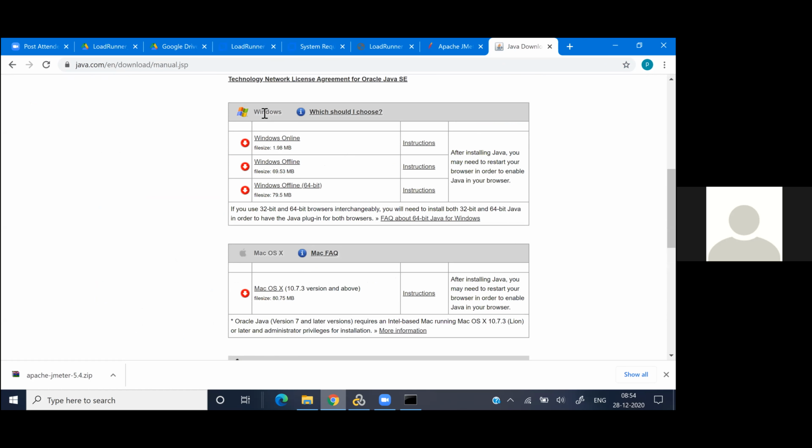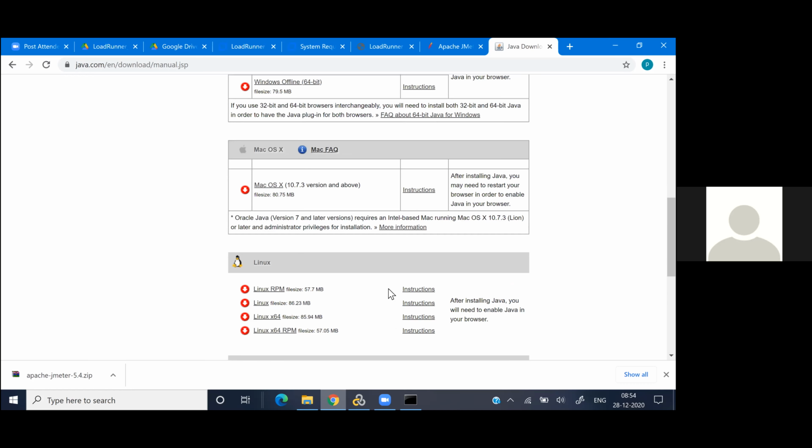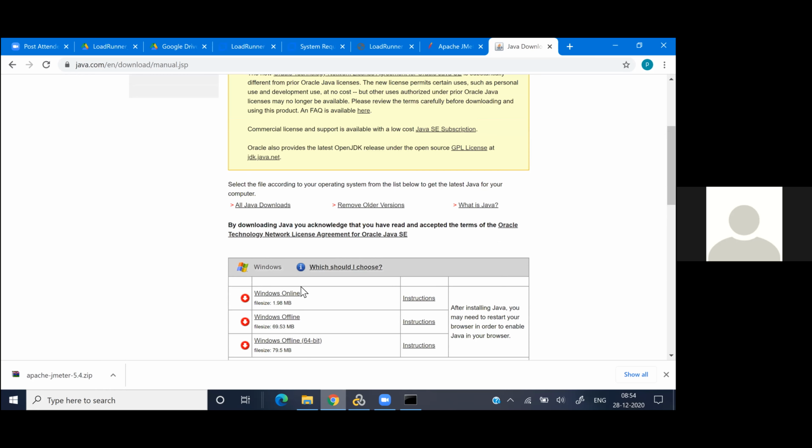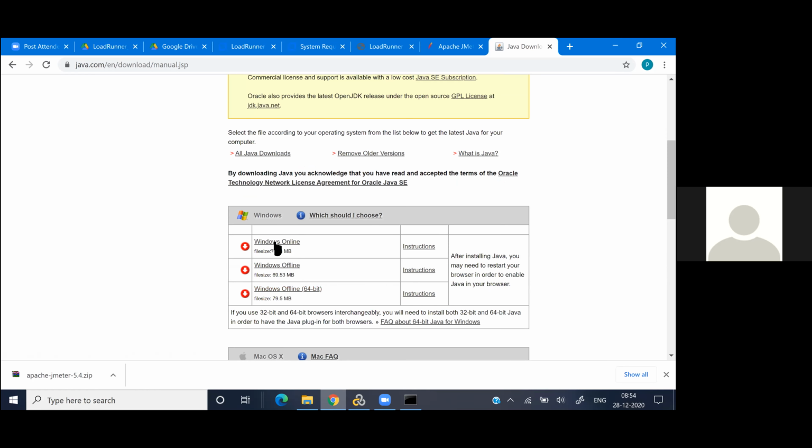This is for the Windows operating system. These are the Java installers for Windows OS, and you can see Mac OS and Linux as well at the bottom. There are three installers here: Windows Online, Windows Offline, and the third one, Windows Offline 64-bit. Select this Windows Offline 64-bit.